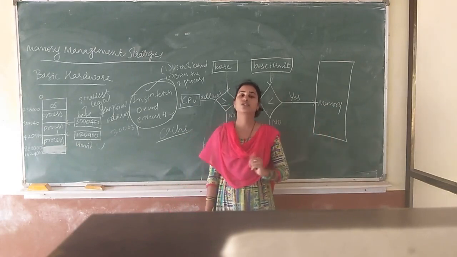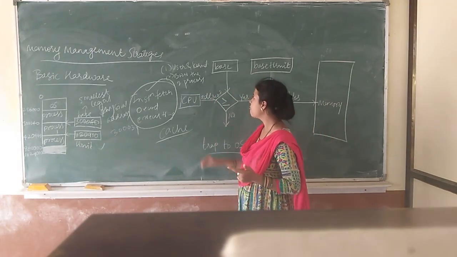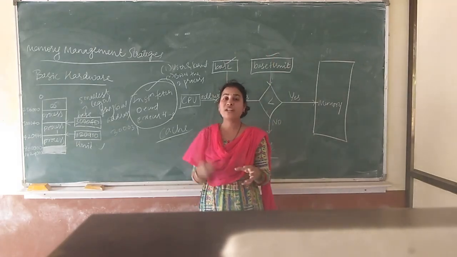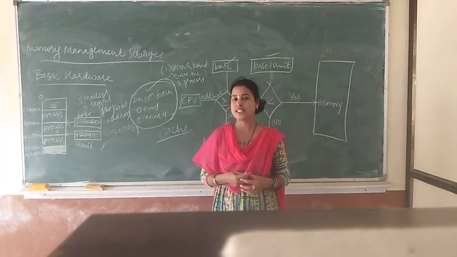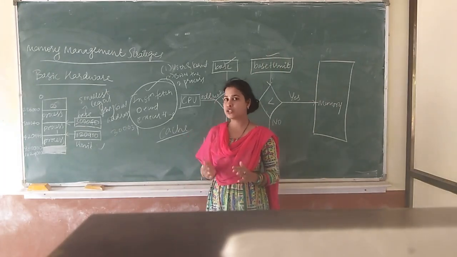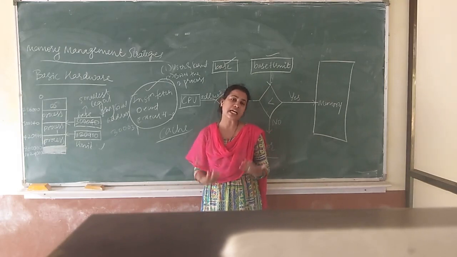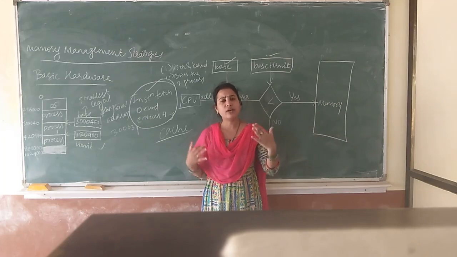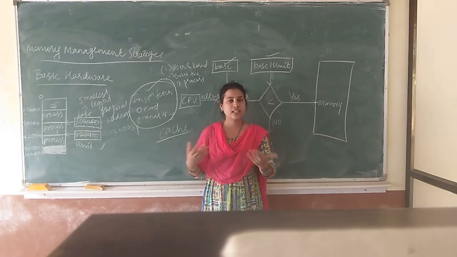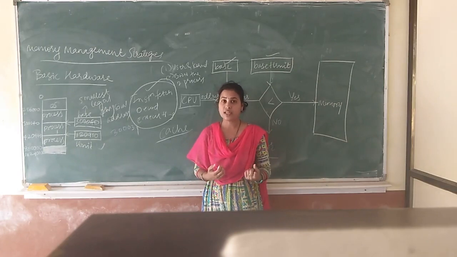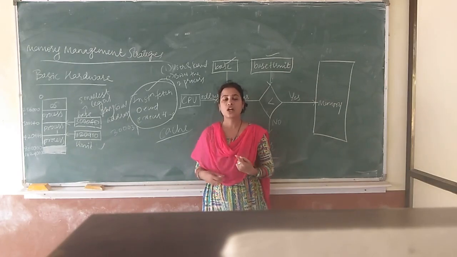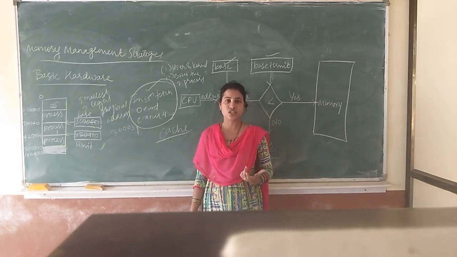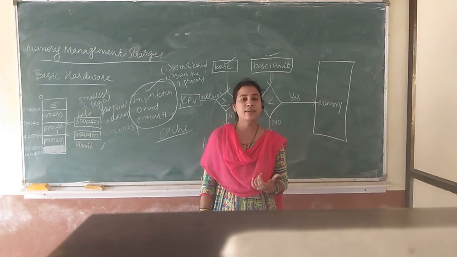Then the next question I want to explain here is, who will load the base and limit registers? Who will keep the values in the base and limit registers? See, why we are using this? To give protection. Suppose the user is allowed to load the base and limit registers, that person can load any address which he wants to access. Then there will be no protection. That is why privileged instructions are used to load these base and limit registers.